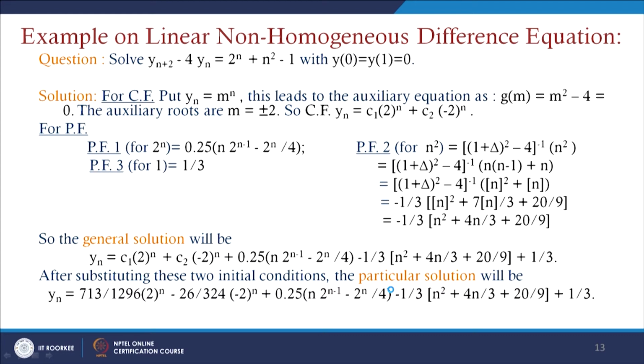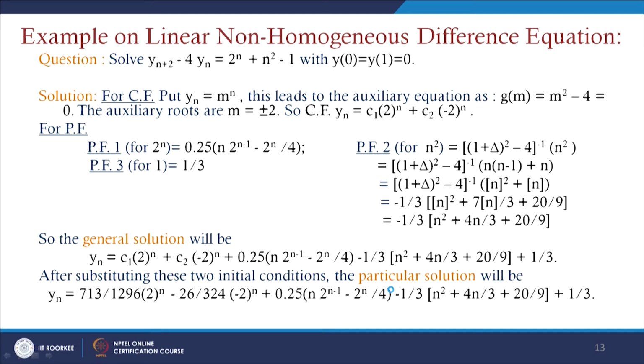Especially if we are just going for the solution of this linear homogeneous difference equation, we have to consider one complementary function and one particular function, and the total solution will be the sum of the complementary function and the particular function. In the case of ordinary differential equations, that is in the continuous case, we assume y equals e to the power mx to find the complementary function. Here we are considering discrete cases, so we use a geometric form, y n equals m to the power n, to get the complementary function.